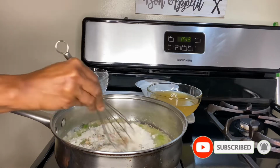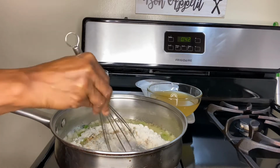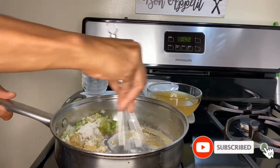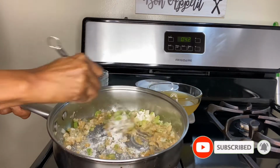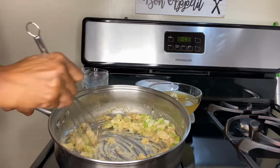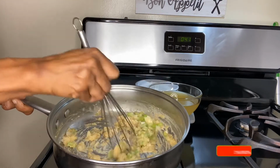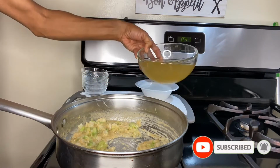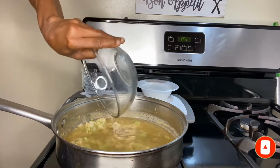Okay guys, now with these ingredients, what we're going to do is create our roux, just like you would for any good macaroni and cheese or gumbo. We're just going to slowly whisk our flour into our fat, which is our plant-based butter. And we're just going to whisk the flour well enough until it can no longer be seen and our mixture becomes more pasty-like. Then once we've achieved that, we can then go ahead and add in our low-sodium chicken broth,